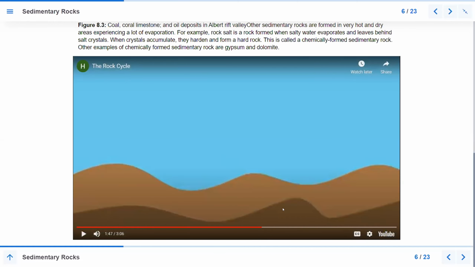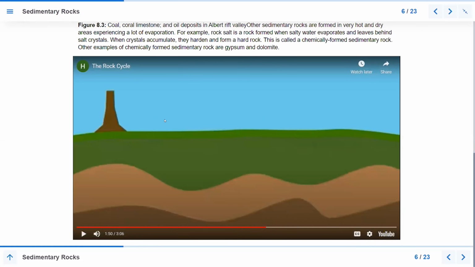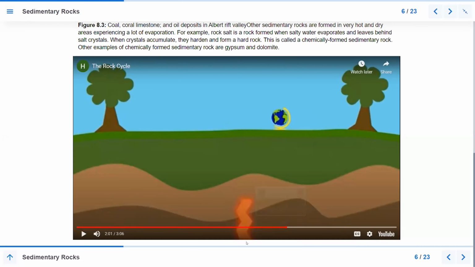Now we are seeing layers of rocks right here. This is one layer. We are seeing material, and the extreme pressure can change the rocks. So the process where the rocks change, we call it metamorphism. Metamorphism, change. It can change due to extreme pressure being exerted, but he has also pointed out, like here, that you